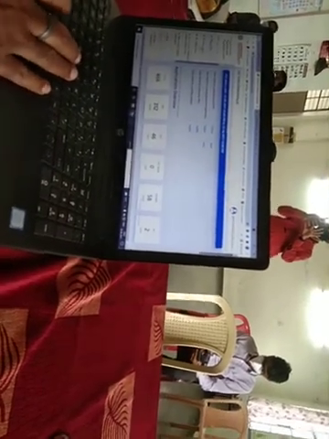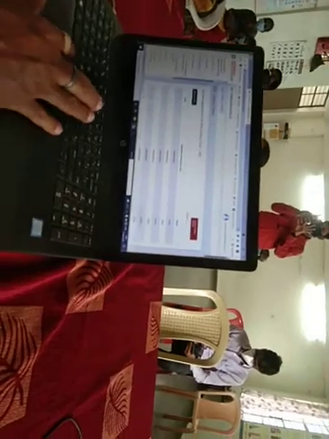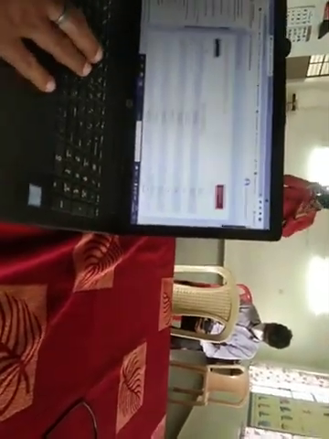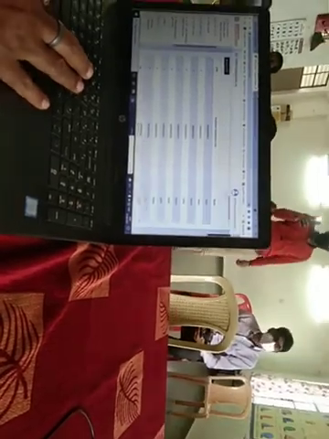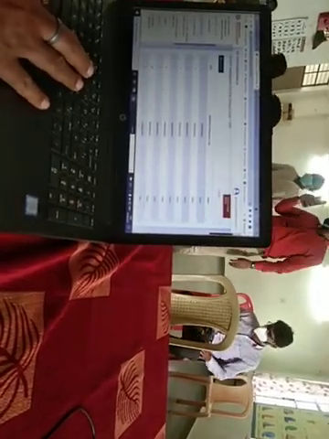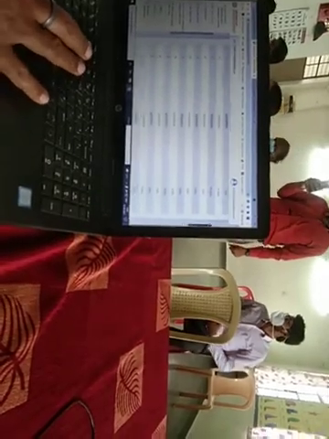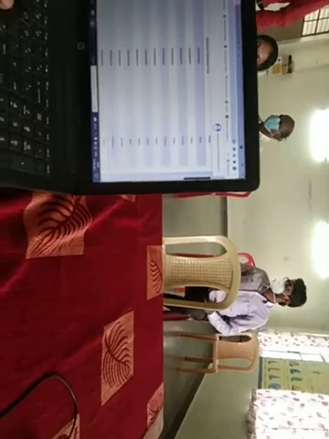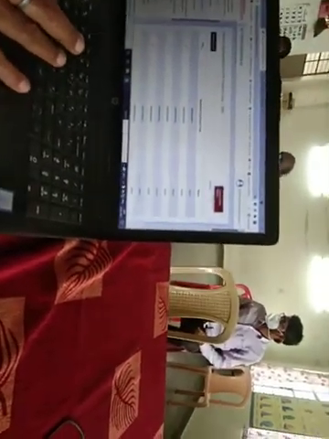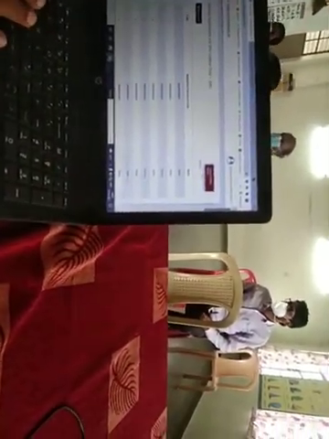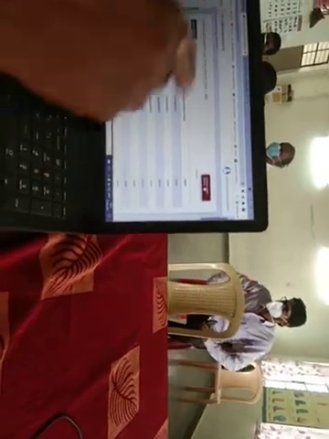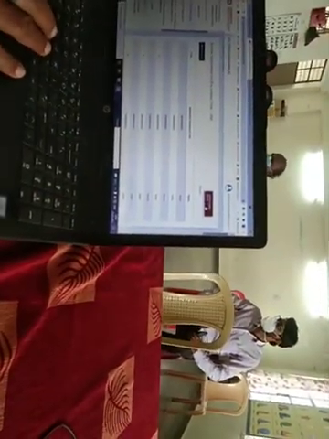Before the lottery we will have one list having all the students' names and their admission codes. This is called the pre-lottery list.